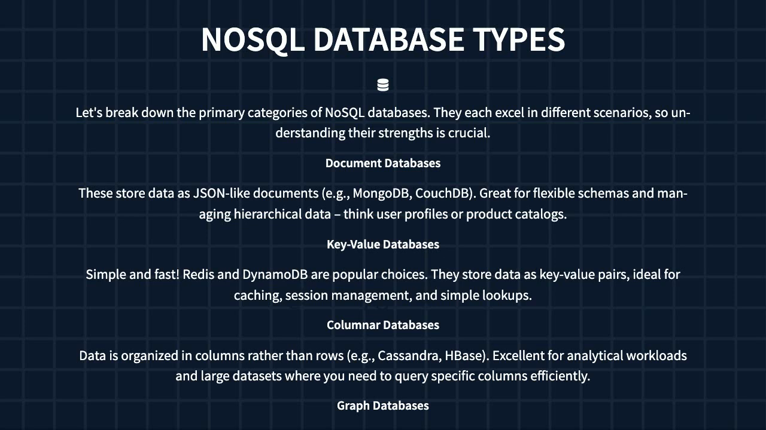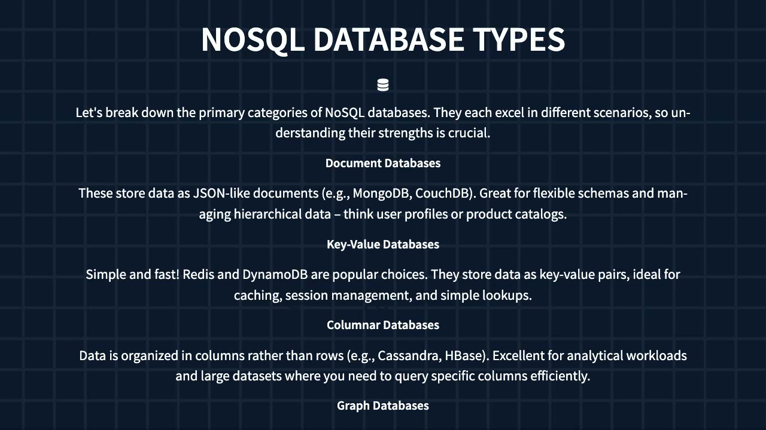pairs. Redis and DynamoDB are common examples, and they're fantastic for caching and quick lookups. Columnar databases organize data by columns instead of rows, in Cassandra or HBase, and these shine when you need to query specific parts of a massive dataset. Finally, we have graph databases like Neo4j, which are specifically built to represent relationships between pieces of information, like connections